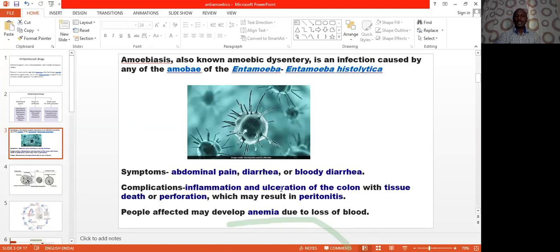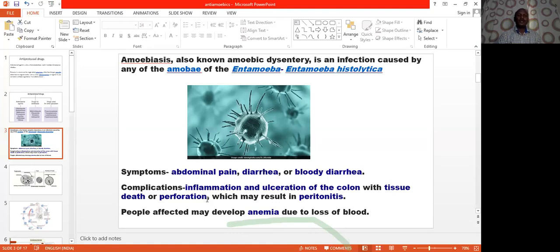Inflammation and ulceration of the colon, with tissue death or perforation, that is necrosis, which may result in peritonitis. Sometimes people may also have anemia because of blood loss in the stool. These are the symptoms. The complications are mainly inflammation and ulceration of the colon, and